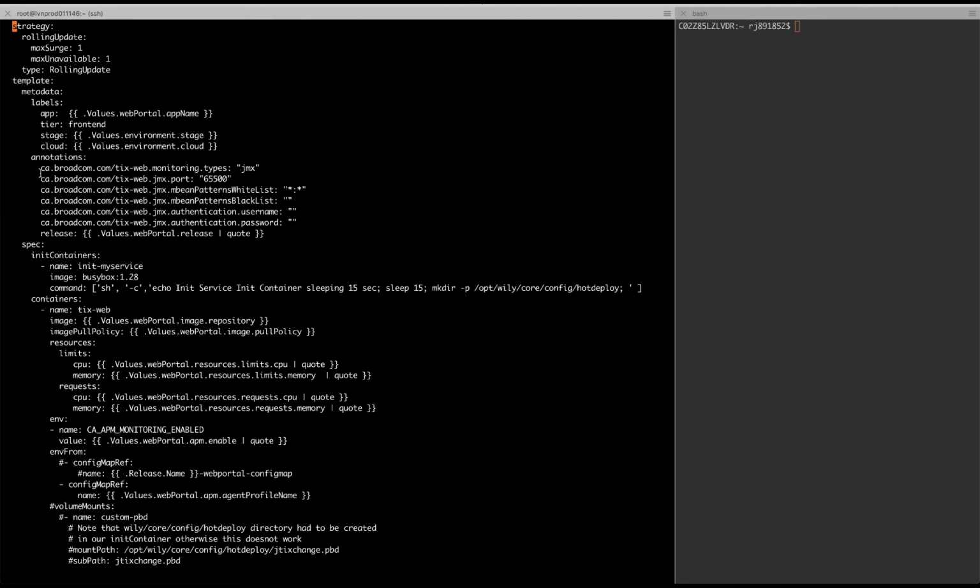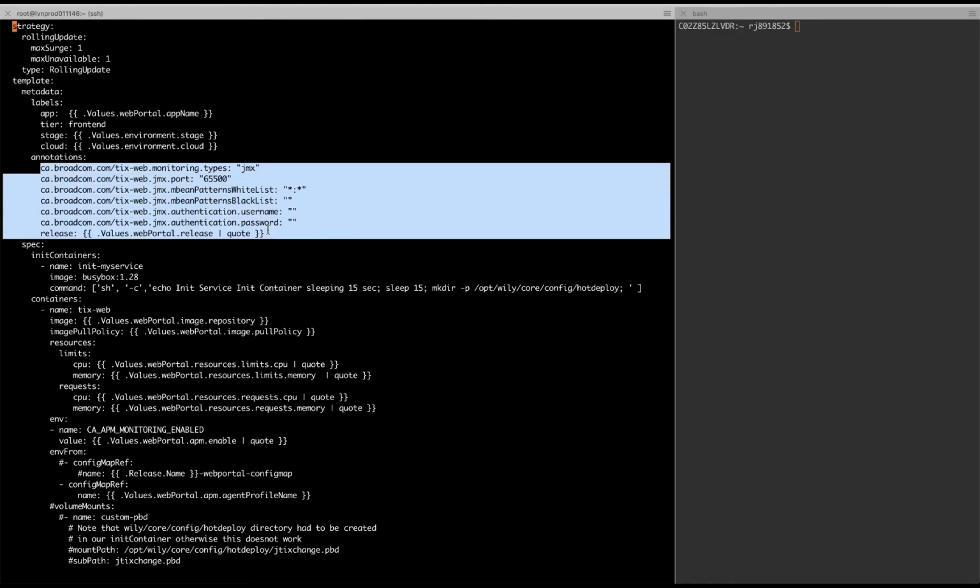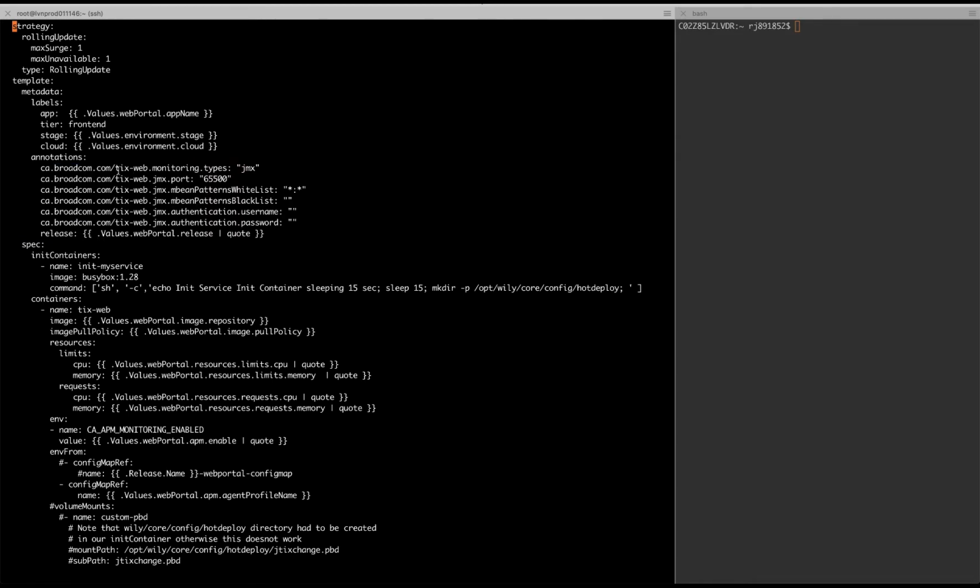And here you can notice that I have added these annotations to enable JMX monitoring by UMA of this particular container. Notice that this string has to be the same as the container name here, the reason being a pod can contain multiple containers, and so we need to let UMA know which container is of interest for JMX based monitoring. This port is the port on which the JMX server in the container would be running, and we will see that I have already set up this port in the startup parameters of the application.